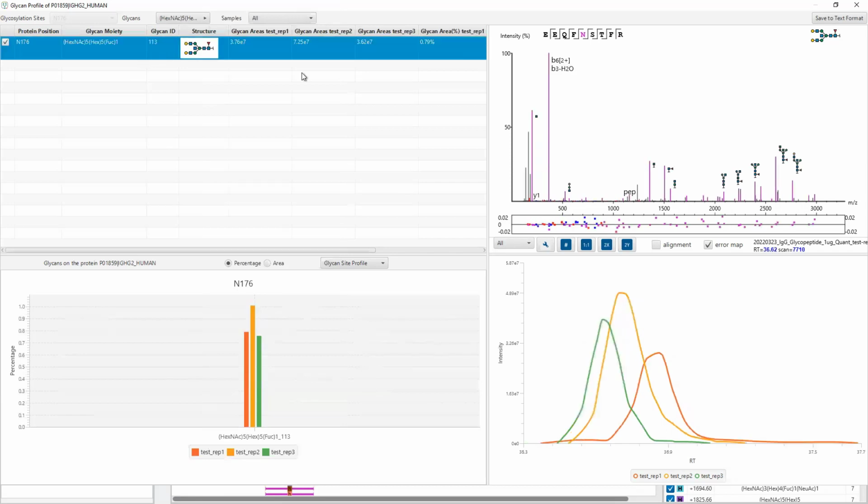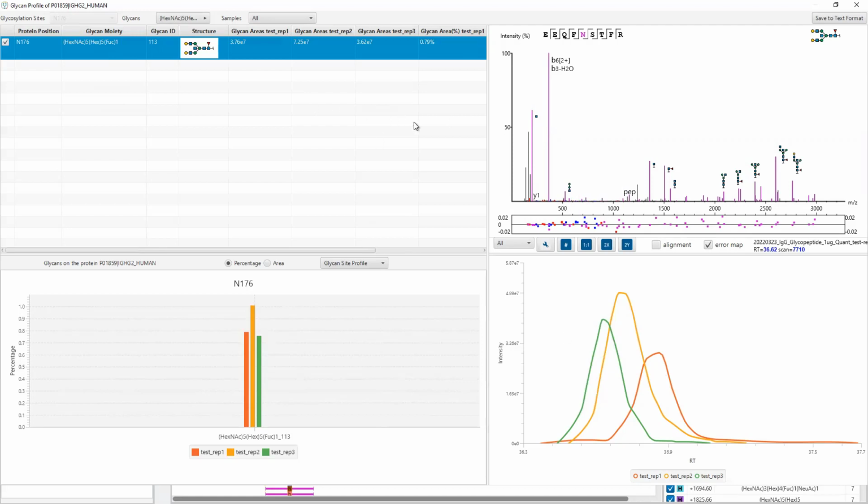You click there, and that will show you all the details that are specific to the glycan that we're interested in here. So here we're looking at a HexNAc5, Hex5, and 1 fucose, and then you can see the percentage out of the total area that's assigned at this position, how much of that total area is actually assigned to our particular glycan, and get a look at the XIC and see if that looks nice too.